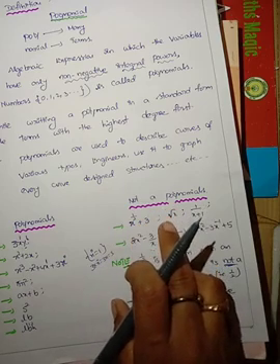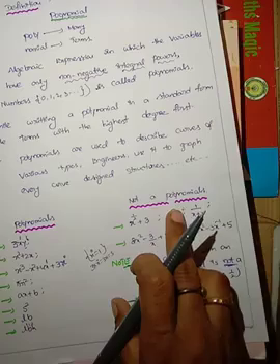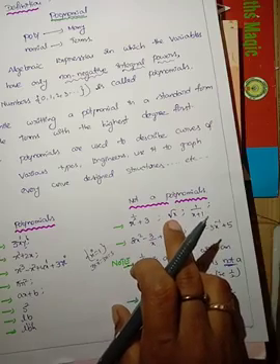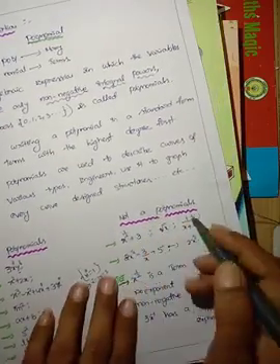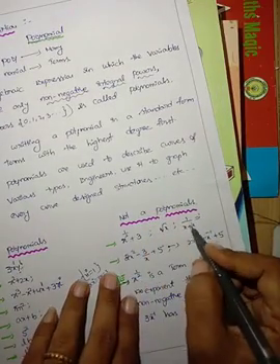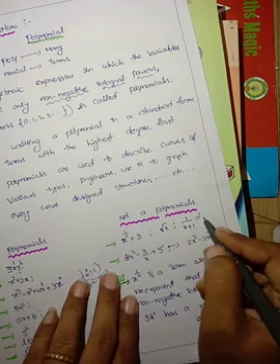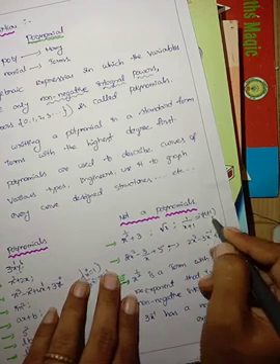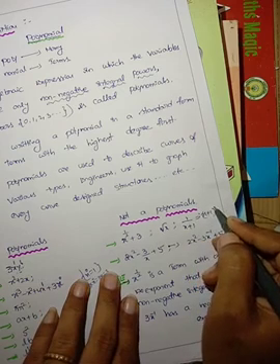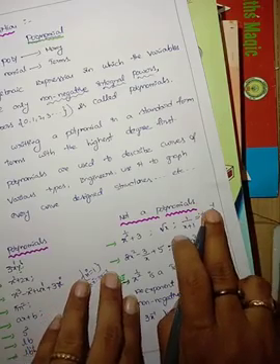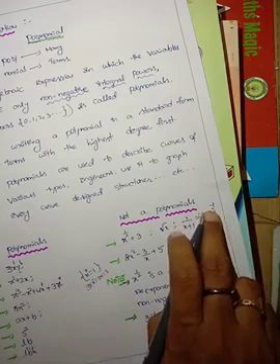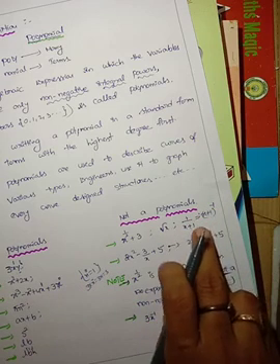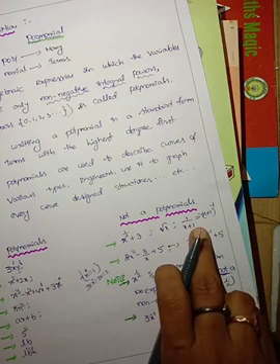Square root of x means x power 1 by 2. Square root of x is not a polynomial. Next, 1 by x plus 1. What does 1 by x plus 1 mean? Here, 1 by x plus 1 is changed to (x plus 1) whole power minus 1. Minus 1 is not a whole number. So it is also not a polynomial.